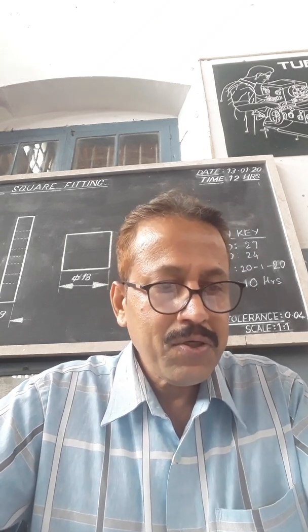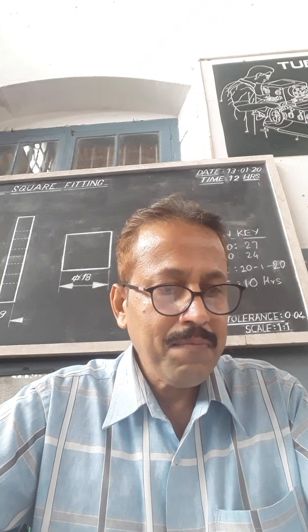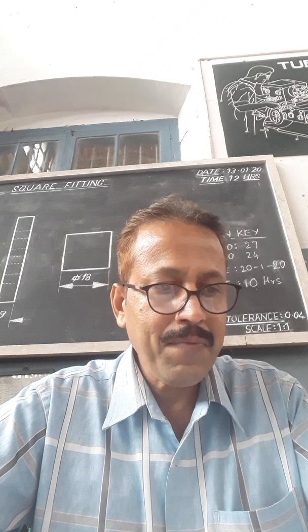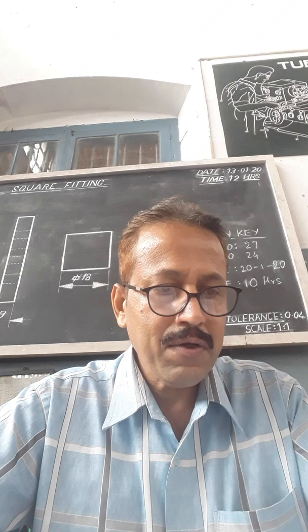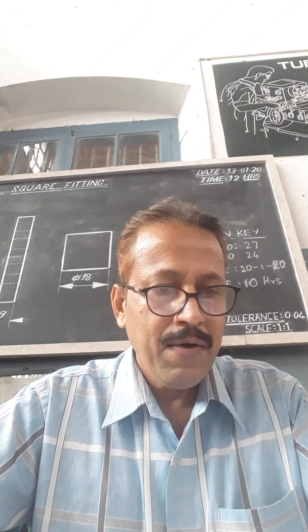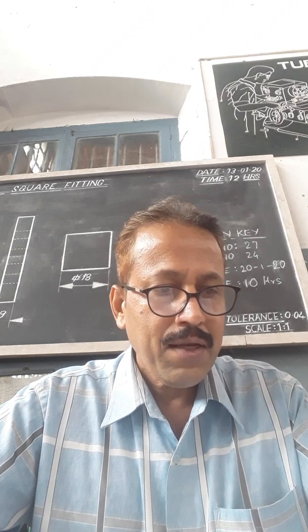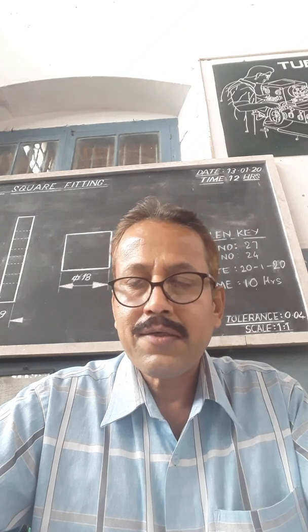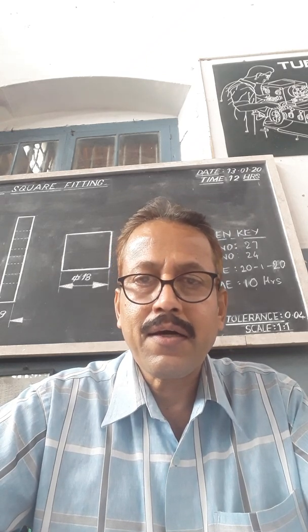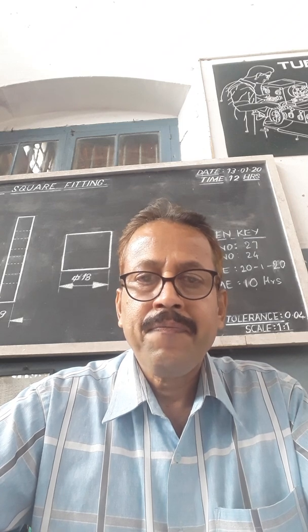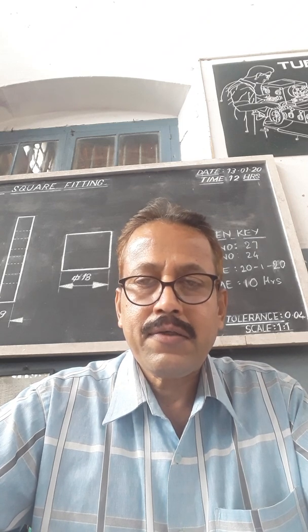A gauge is an inspection tool used to check a product dimension with reference to its maximum and minimum acceptable limits. It is generally used to segregate acceptable and non-acceptable products in mass production without the exact dimension. It is made of tool steel and is heat treated. So these gauges are made out of good quality tool steel, heat treated, hardened and tempered, and made to the correct size.